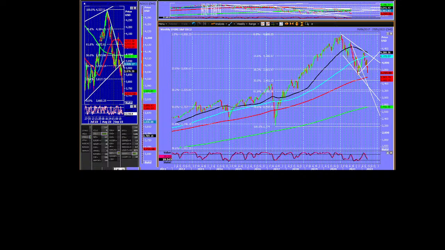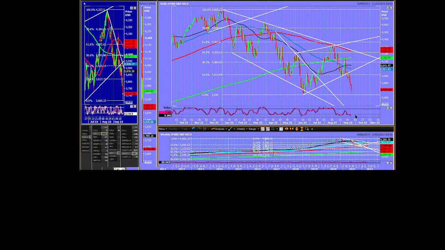Now, I think we're going to break that, although we just held it on Friday. But we didn't get much of a bounce. 200-week moving average is the one we've got to look at now. 35.85. I think that's where we're going. Probably hold it, but I don't think we'll hold it forever. I can't really put my finger on anything else. And we're just entering oversold territory, so that's not making me feel bullish.